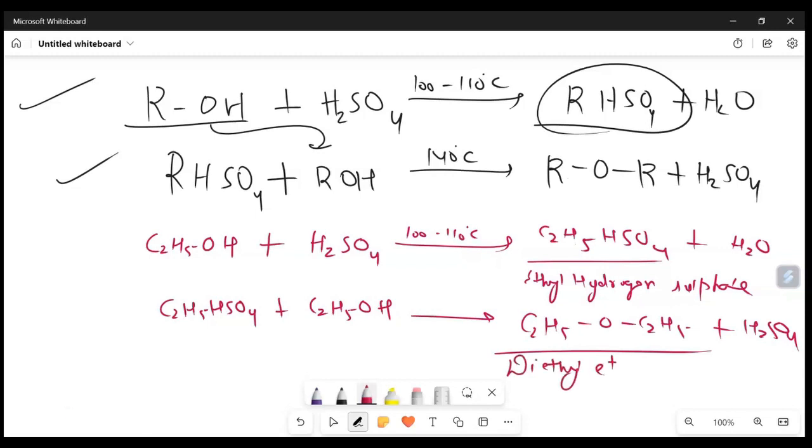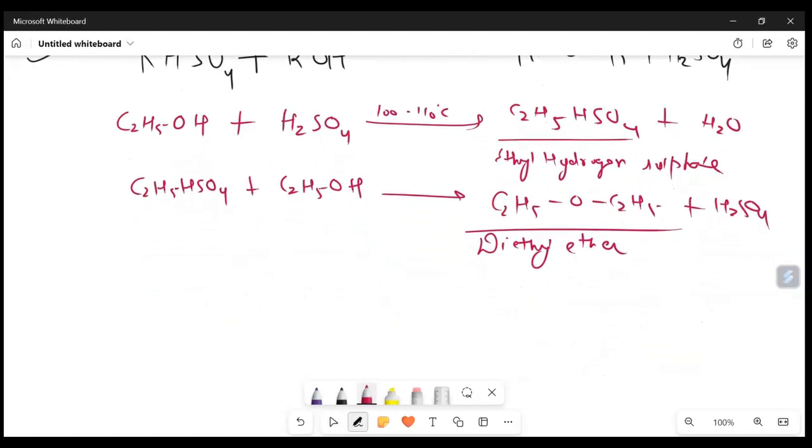So these are the reactions related to it. If we react at 170 degrees Celsius, it will form ethene. Remember,